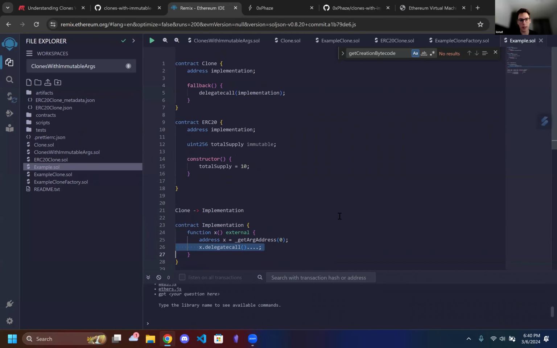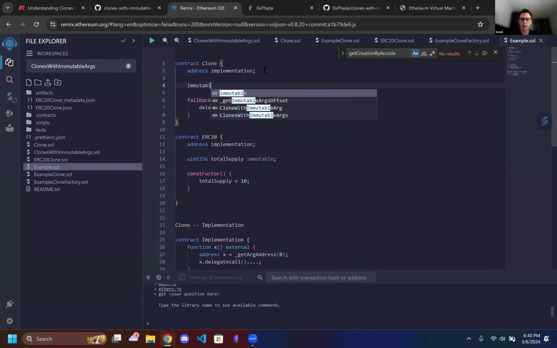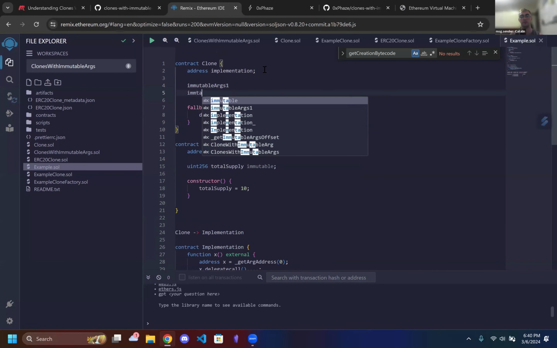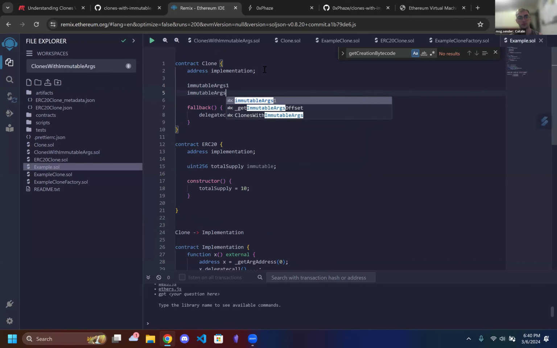I see. So you mean in your clone, you would specify the immutable args here. Yeah, all of them. Okay. The gas cost is probably going to be the same, maybe even slightly lower, but this approach